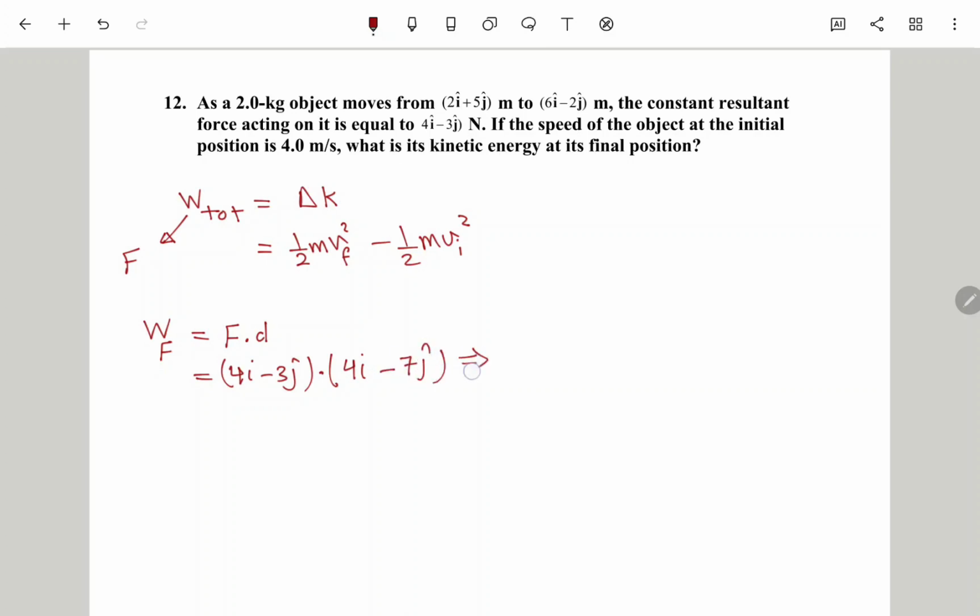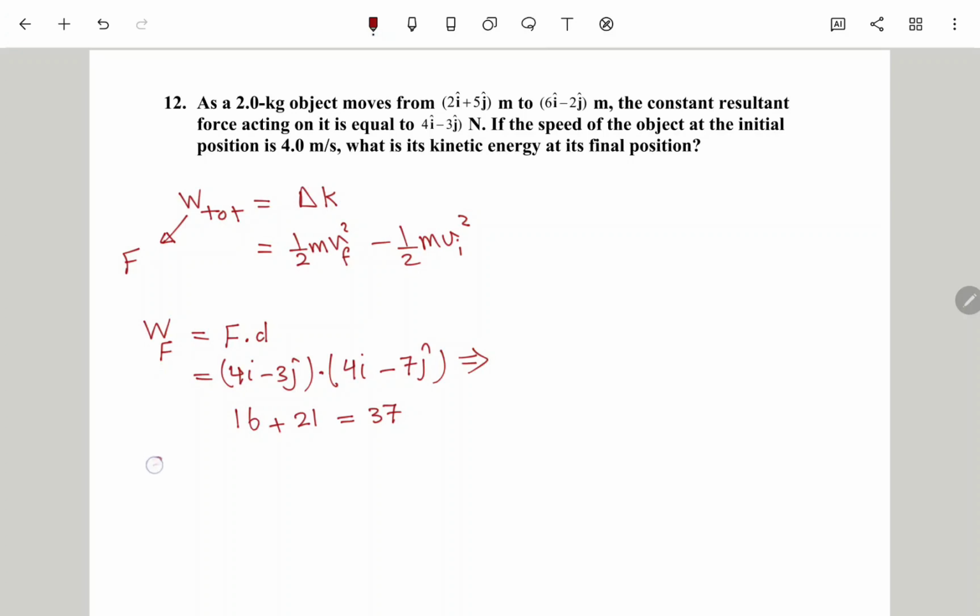Now you do this and you will find it's 16 plus 21. You just multiply i with i and j with j. 4i dot 4i is 16, and minus 3j dot minus 7j is equal to 21, and in total it is equal to